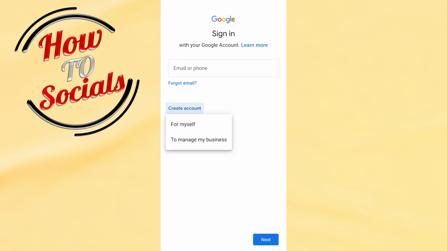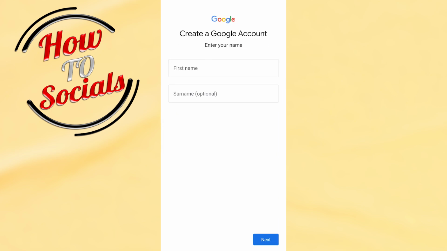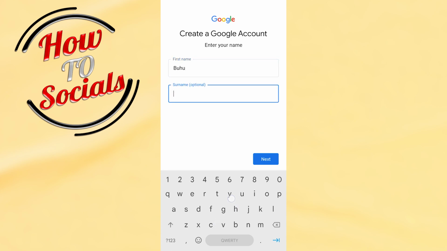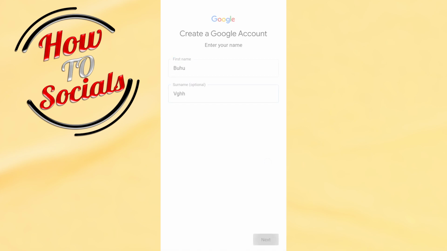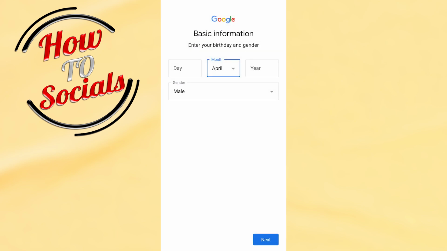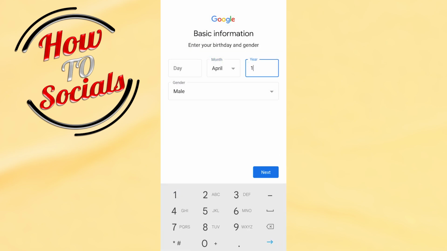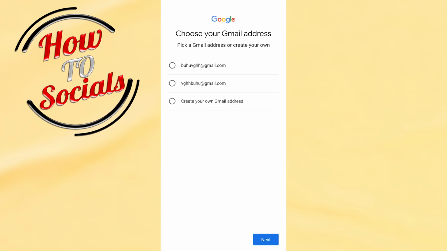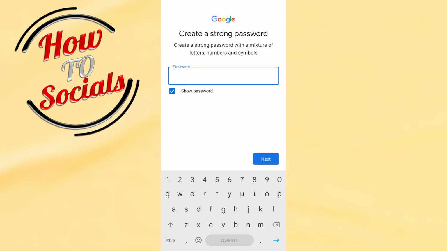Now you can choose for yourself or for managing your business. I will go for myself. Here you can add name, also surname, then go next. Here you need to enter your information, in which you need to enter your birthday. Then go next. Here you need to choose the email address in which it will be related to your site. Then you need to add your password and it will be created your new